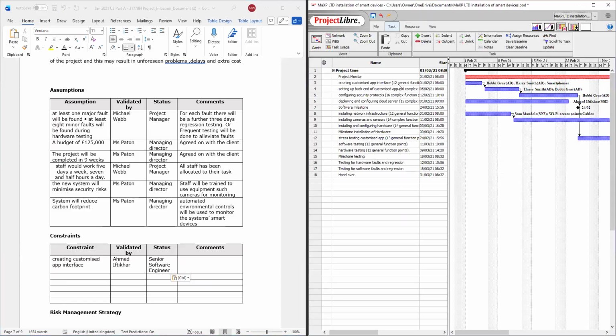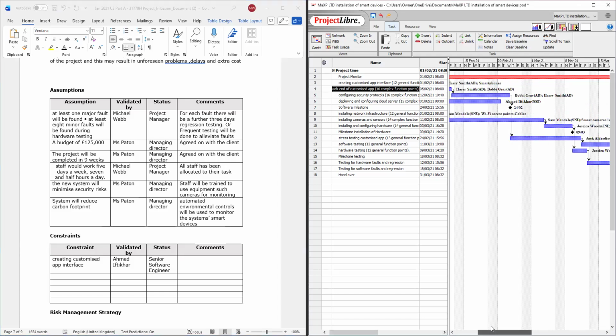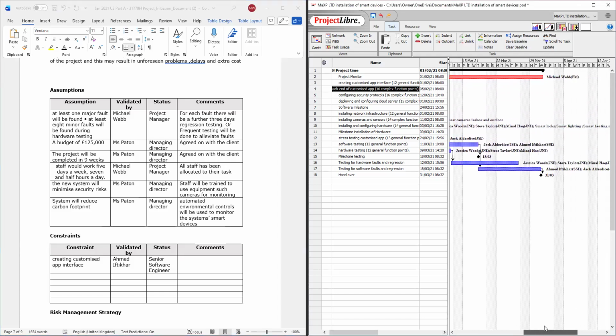So, creating the customized app. If this becomes a constraint to the project, then it's going to affect setting up the back end for customized apps. Let's see how far it goes, because it might affect the whole project.